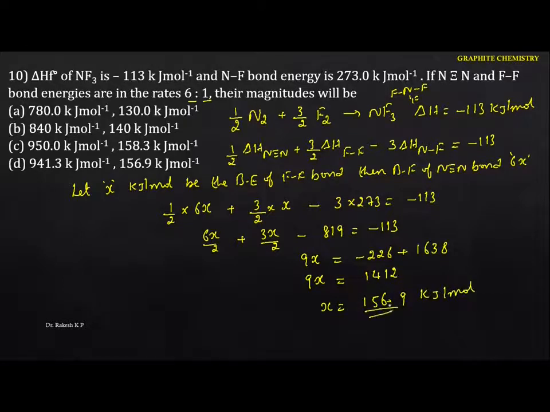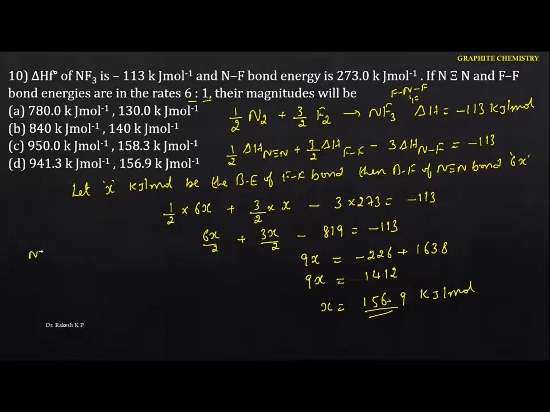So in this case, you have to identify this one here. What is the value we got in this case? Just go to this one here. We got the x value. What is the x value we got? That is 156.9. Now we have to identify the bond energy. So you just identify the fluorine to fluorine bond energy on the ratios. We got this x value here, and similarly we have to calculate for the nitrogen to nitrogen bond.